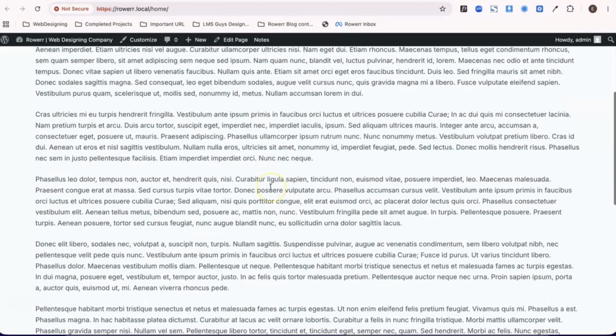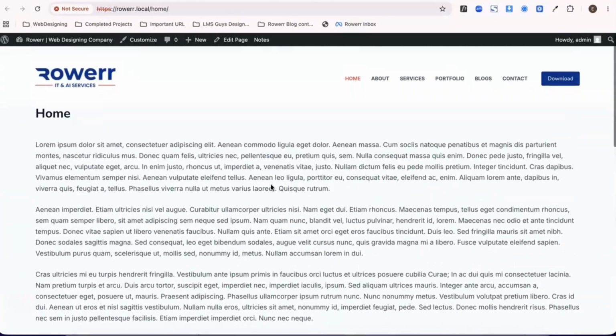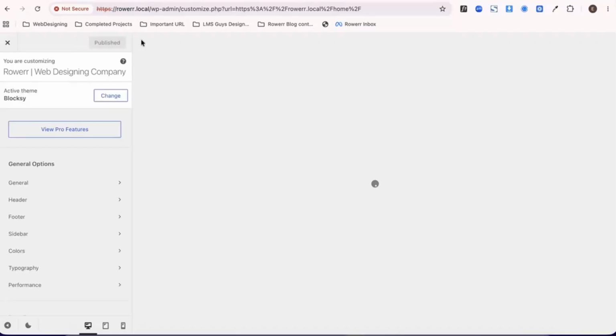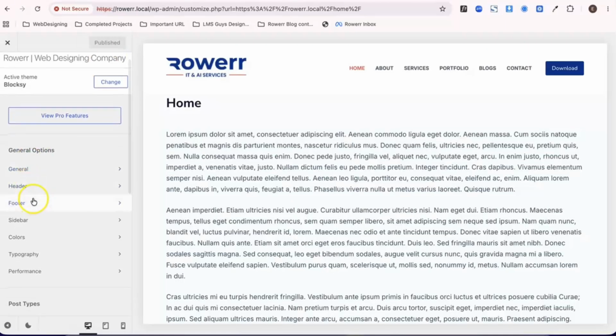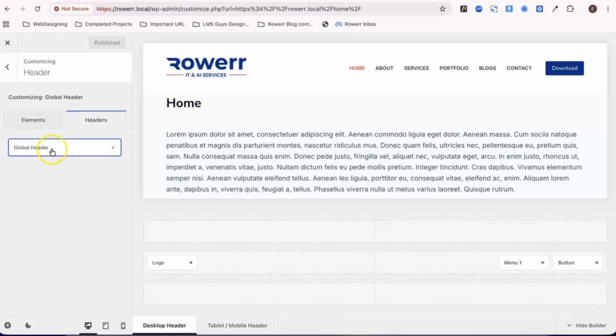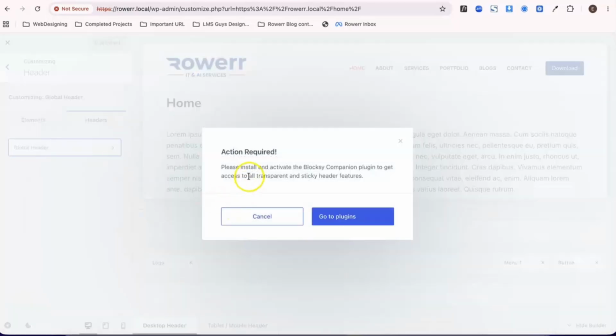Here you can see right now our header is not a sticky header, so we will make it a sticky header. Now customize, we'll go here, and from here we'll go to the header. From the header we'll step to the header and then global header, and yes, this Blocksy companion plugin is missing, so we'll go back